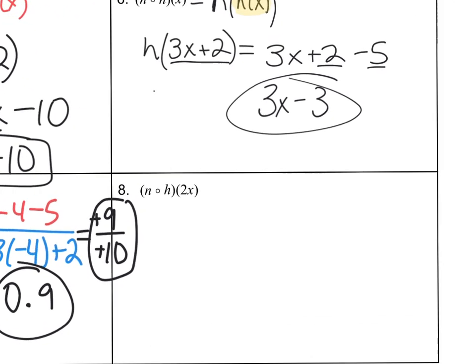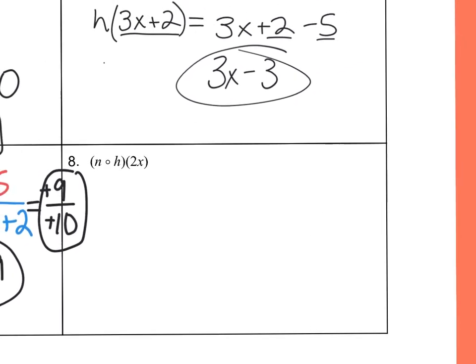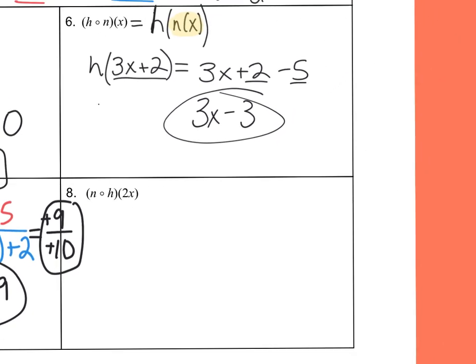Last but not least, what do we notice about number 8? Open dot. So we've got to write it in the better notation. Help me out. Yep, n's on the outside. If it's in front of that symbol, it's on the outside. And then more parentheses, x. Yep. 2x, though. Do you see it? Same thing? Not the same. Nope, you can't do that because it's n of h, not h of n. That wouldn't work. Okay, now we start from the